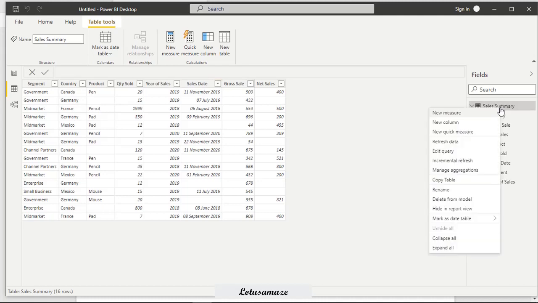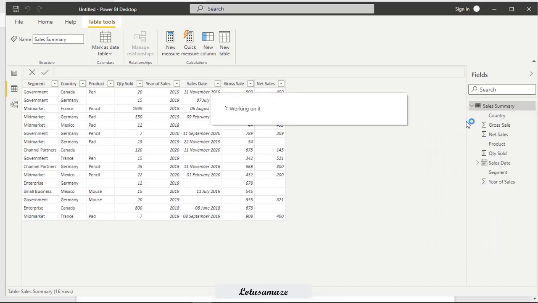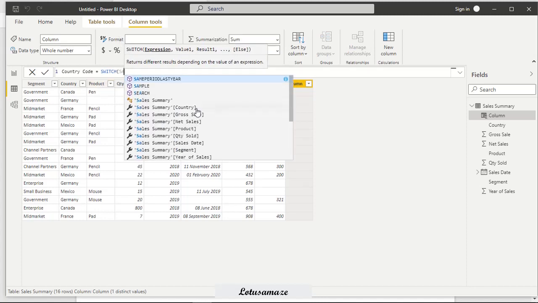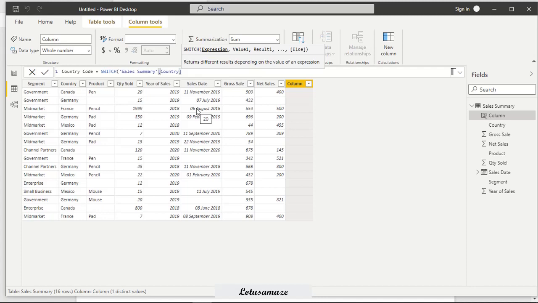So first of all I create a column, Country Code, then the SWITCH statement. In the SWITCH statement, the expression is Country. This expression means this Country column has to be evaluated. Now the first value, as per the syntax: if it is Canada, if the Canada value is there in the column, then the code should be CA.